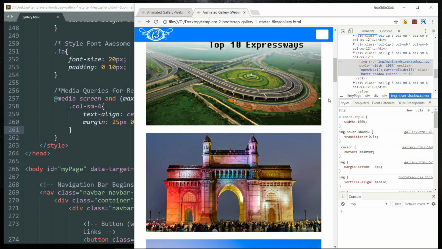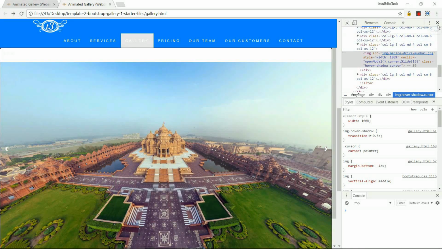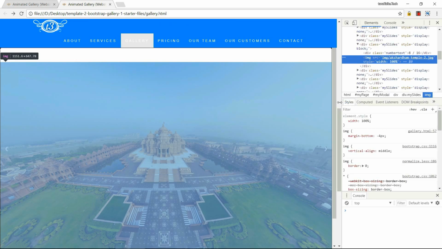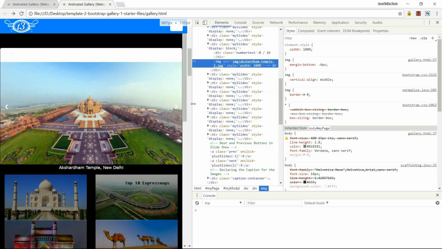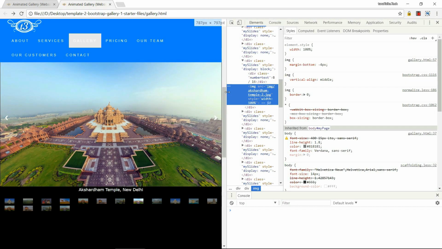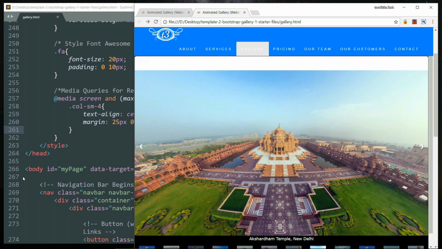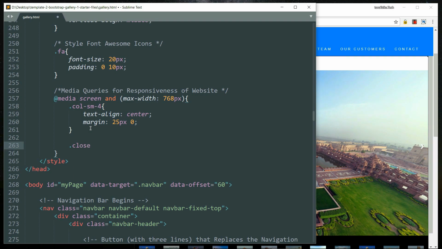Here we have this white color above the image in the slideshow, and we need to get rid of that, and the close button is also not visible. Let's do that. Write dot close, give it a color of hash FFF,